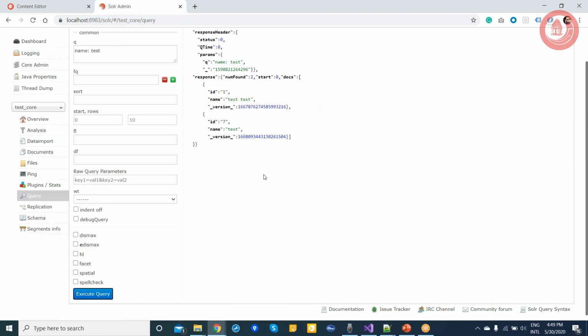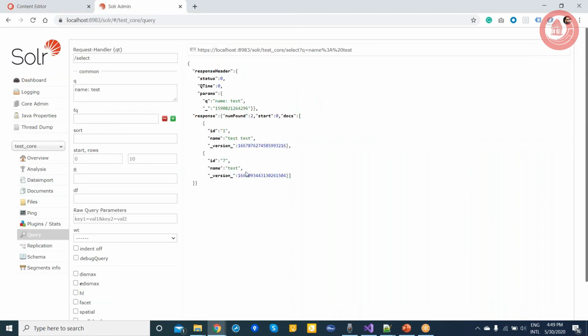Okay. When I search for test, it gave me 2 records. So this is the search query you can see, and if I want to search for, let's say, any of the synonyms, then we can use the synonym feature with Sitecore as well as Solr.